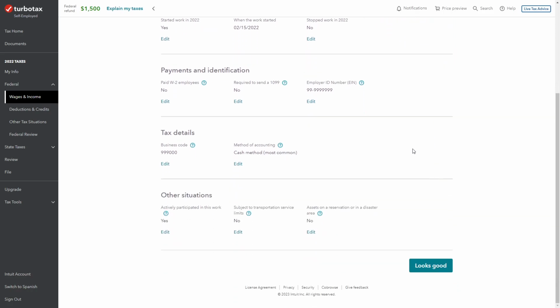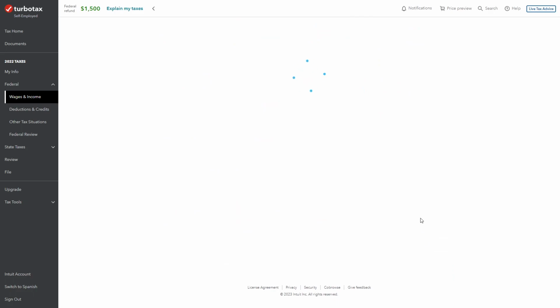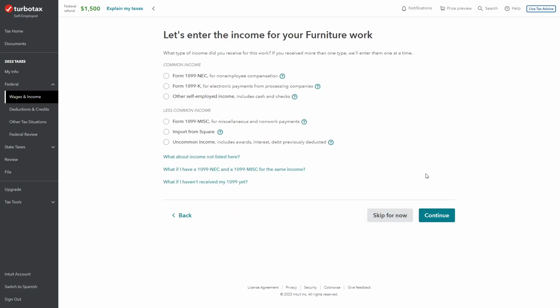Okay. All right, so now that we have that all done, everything looks good here. Go ahead and click on the looks good. And then now we start to enter information on the income and expenses of the business. Now we can see here at the top, this is where we start to enter the income from the business,